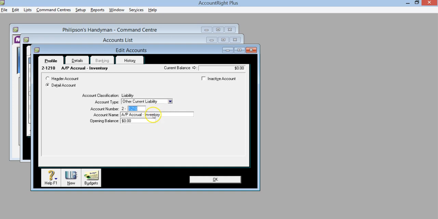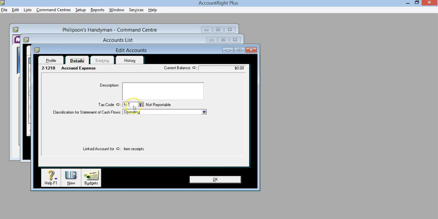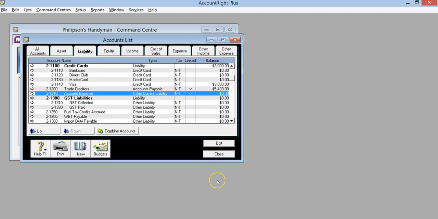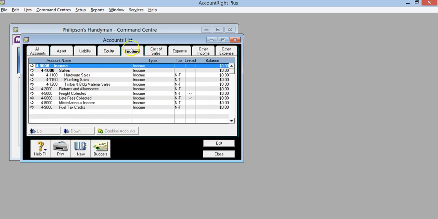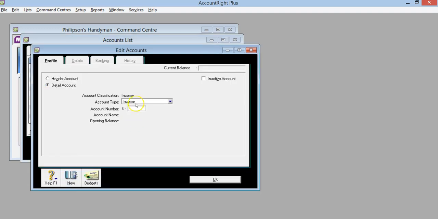It's an other current liability according to our exam paper. Okay, 1210, and let's just change the account name to Accrued Expense, hinting at the fact that we have to do a balance day adjustment later on. Okay, detail, no tax, click OK. Excellent. Next one. So it's a 4 account, 3000. 4s are our income accounts. Check, 3000 isn't there, so let's go New, Income,